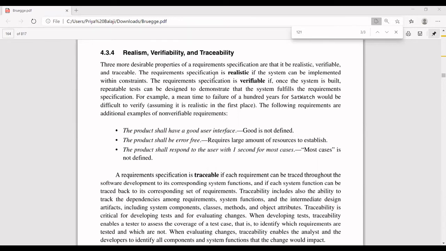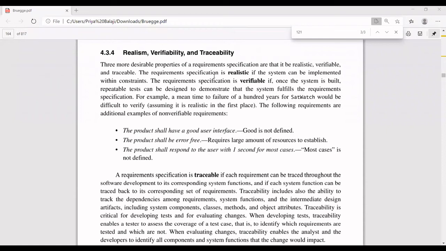Then there is verifiability. Once the system is built and you are testing, whenever you are trying to fulfill the requirements of the user, that is verifiable testing. If I say this feature is available in my system, how could I come to know whether that feature is achievable or not? I have to verify whether this is working or not. That comes as your verifiability.